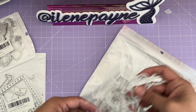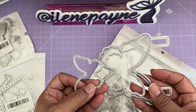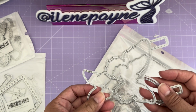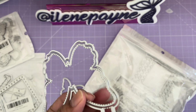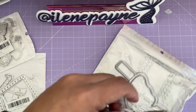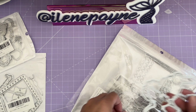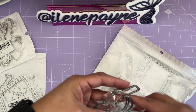And this is what they look like. It comes with the layered butterfly pieces, so you can add on. So 3 sizes of butterflies on this banner. Really cute. I love that. So kind of sad that this is in these really,